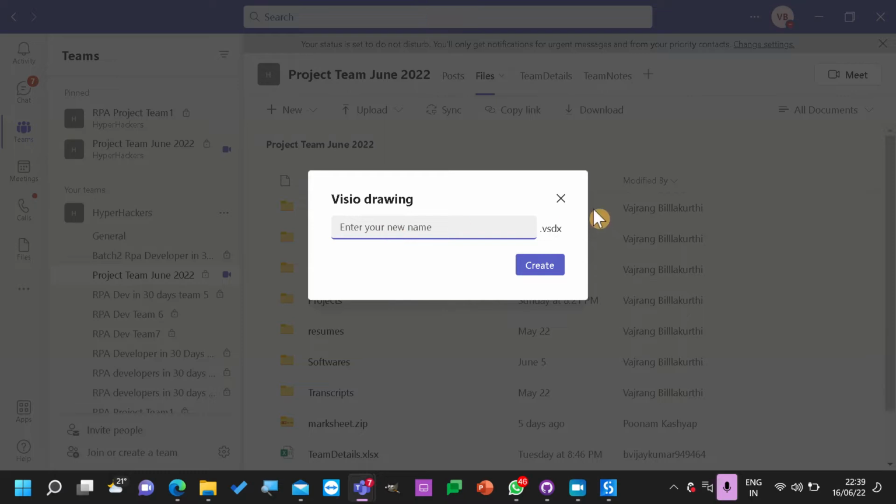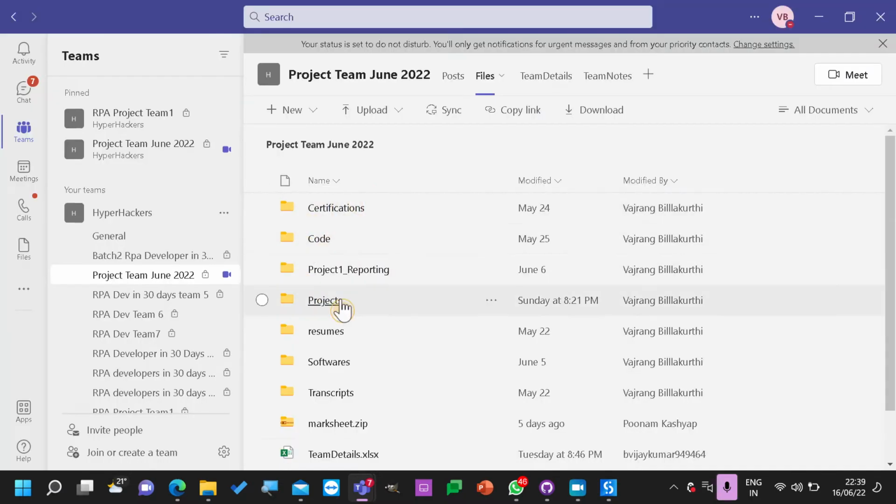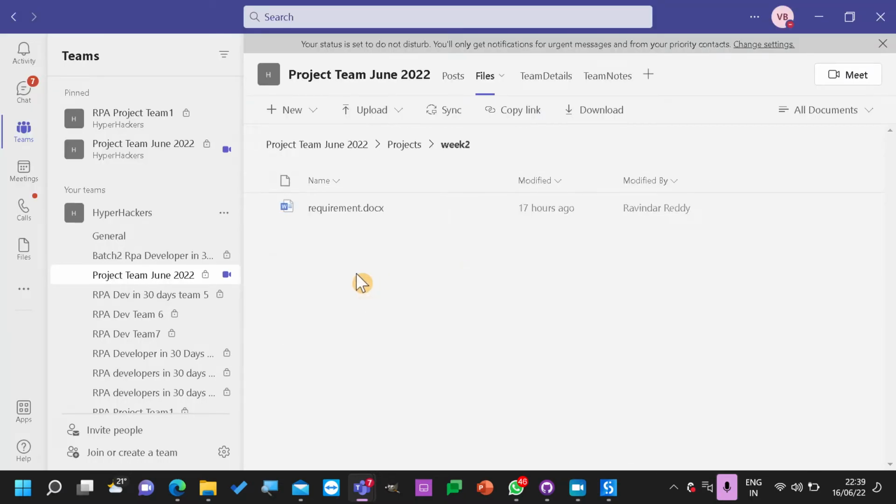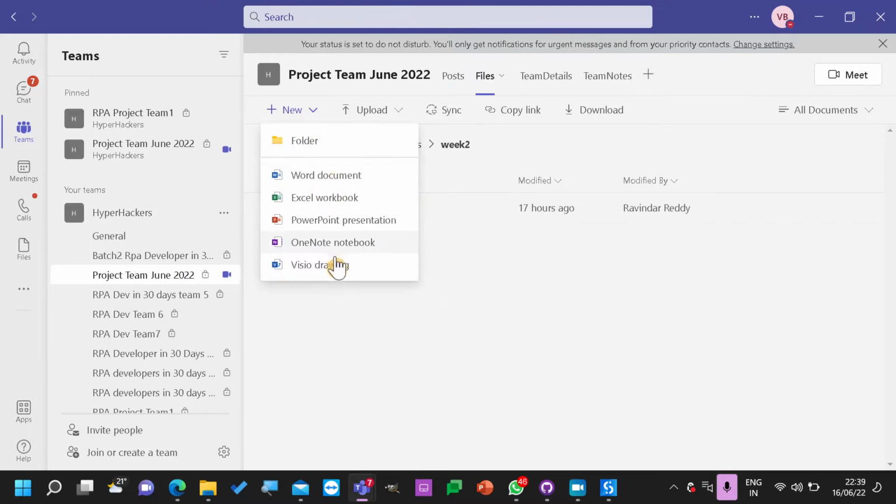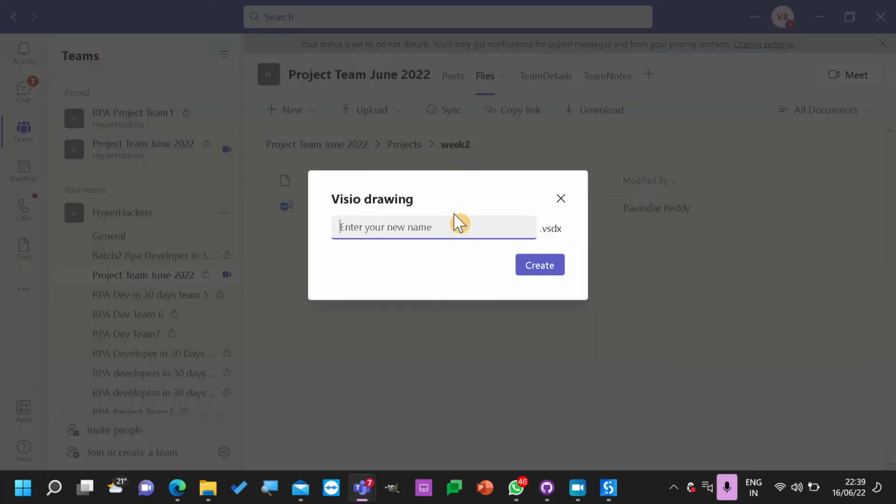So I just create it inside projects week 2. New visual drawing. REFramework, performer and dispatcher.